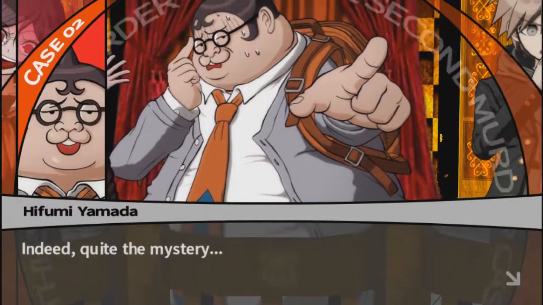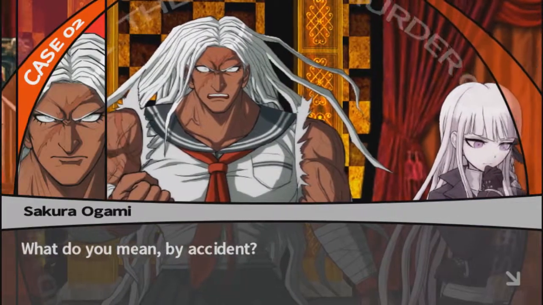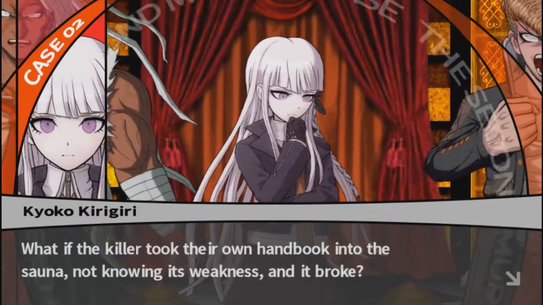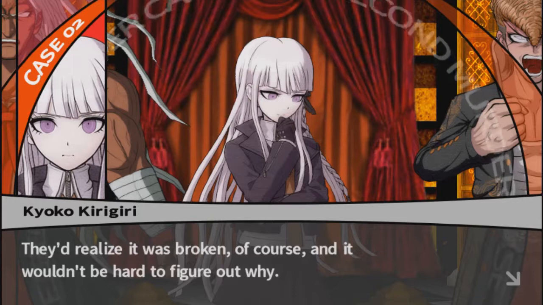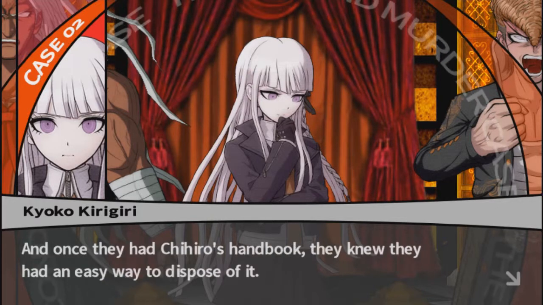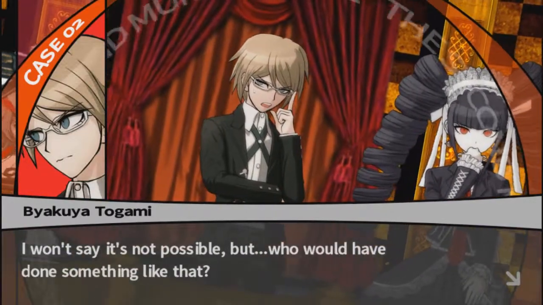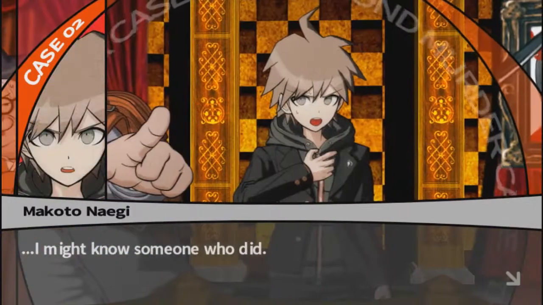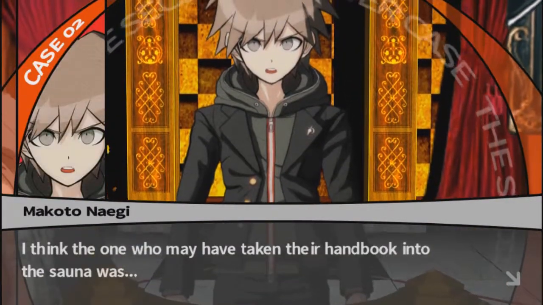Indeed. Quite the mystery. What if they found out by accident? What do you mean by accident? What if the killer took their own handbook into the sauna, not knowing its weakness, and it broke? They'd realize it was broken, of course, and it wouldn't be hard to figure out why. And once they had Chihiro's handbook, they knew they had an easy way to dispose of it. I won't say it's not possible, but who would have done something like that? I don't know of anyone who took their handbook into the sauna. I might know someone who did. Whoa! Seriously? I think the one who may have taken their handbook into the sauna was...